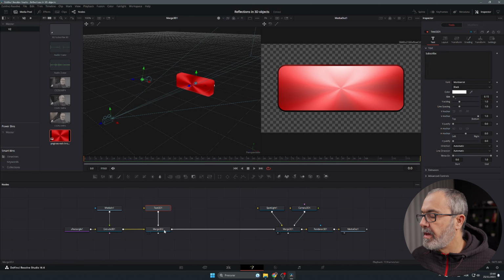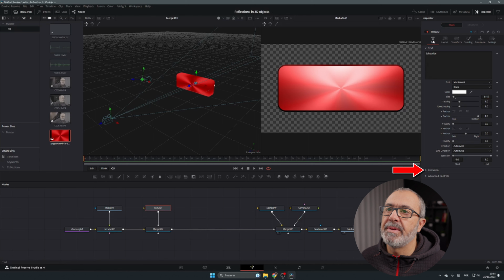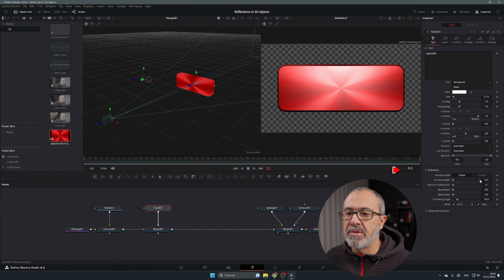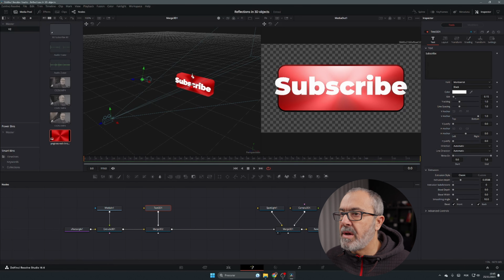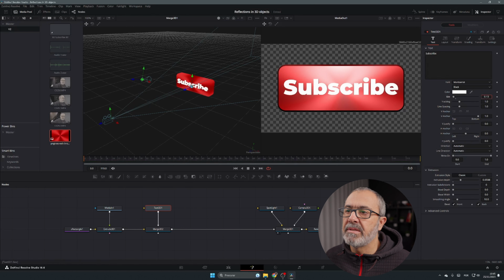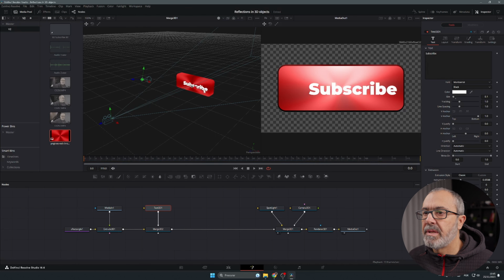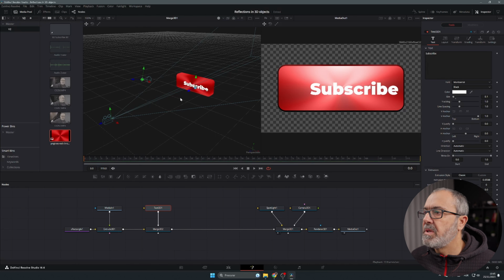Now select the text, come here to the extrusion also, and let's extrude it a little bit. And now you don't see it because it's inside. With the text selected, come here to the blue arrow and put it in front, something like this. You can put it also down, and it's still too big, so let's resize it a little bit, and you can move it to here and adjust the space